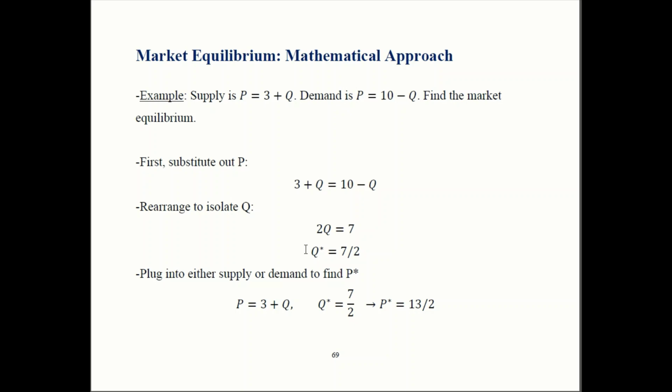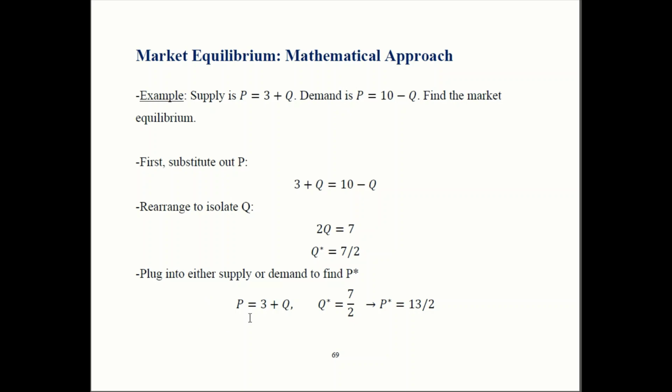We also have to find the equilibrium price. To do that, you plug in Q star into either supply or demand. It doesn't actually matter which one you use. That's because in equilibrium, supply equals demand. You should get the same answer either way. So I just picked supply in my example here, but if you'd chosen demand, you would have gotten the same